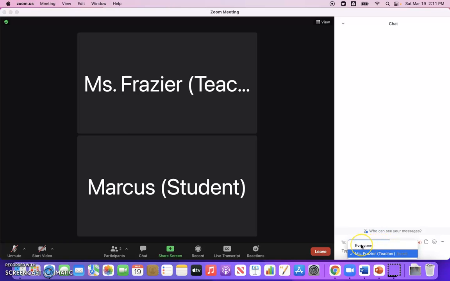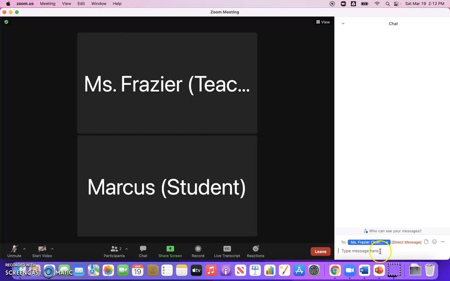So if you want to send everyone in the class, the teacher and all the students, a message, you would click on everyone. But in this message, we're going to send this directly from the student, Marcus, just to the teacher, Miss Fraser. So then we'd want to go back and we will click on Miss Fraser because this is a direct message for the teacher.